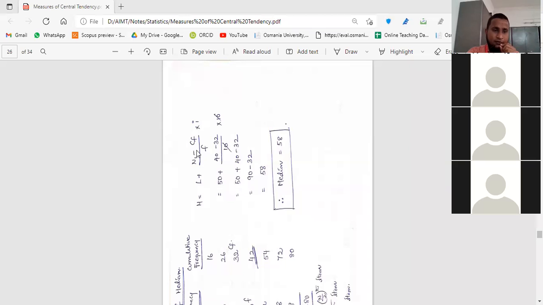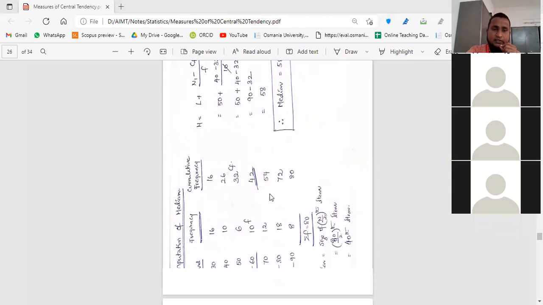When you want to find out CF, you need to develop one more column like this. It happens in the case of arithmetic mean also, right? So remember the formulas, practice the problems, then you will get what expertise means. Otherwise, it looks like you are understanding the concept, but it is difficult for you when you solve it in the exam.